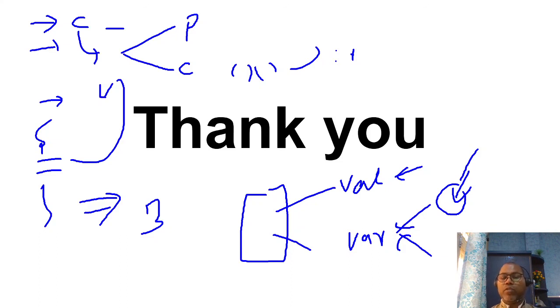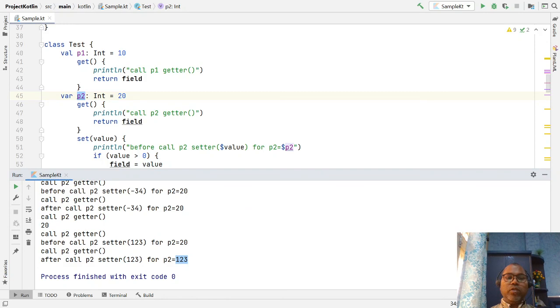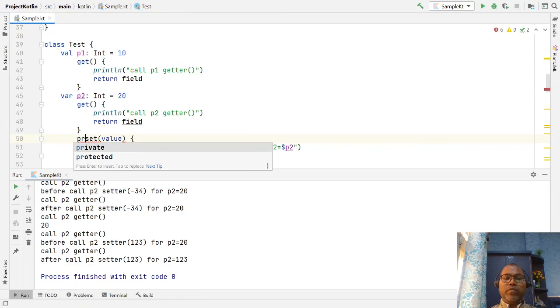The field keyword refers to your actual property value, and you can use the backing field to manually set, and check some conditions on the particular property, such as restrictions like not allowing a negative value, or not allowing a value more than a particular limit. So if you want to check some conditions, then manually you have to provide the setter. And one thing you can also do, you can make the setter or getter private. So here you say, I don't want anyone to set the value. So you can write your access modifier private.